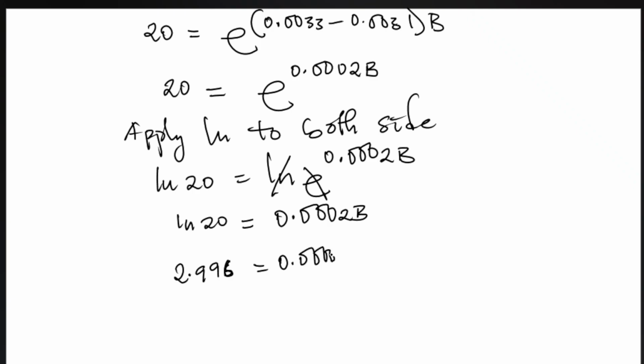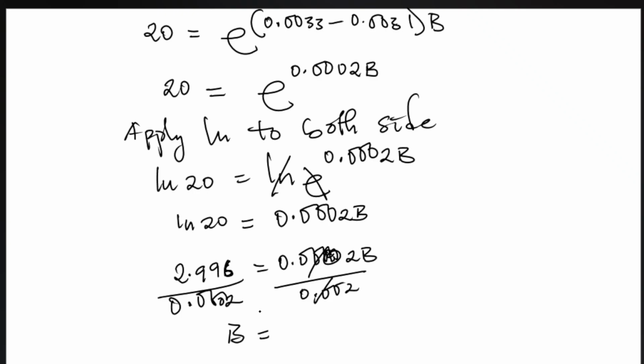0.0002. Are we together? So we have 0.0002b. What do you do to get b? To get b, you divide both sides of the equation by 0.0002. We are dividing here with 0.0002, and we are dividing this side with 0.0002, such that you are now left with your b equal to... This is cancelling out, so what you do is punch your calculator. What you have here dividing what you have here, and that will give us our b constant to be